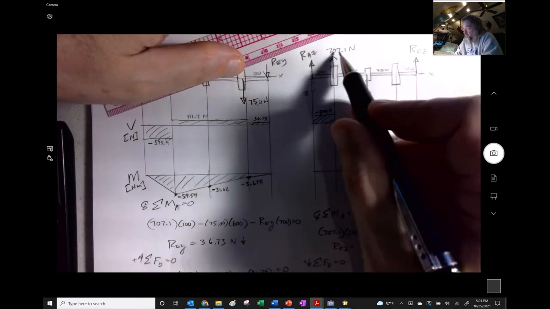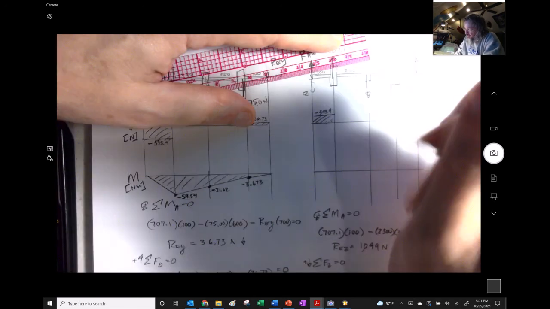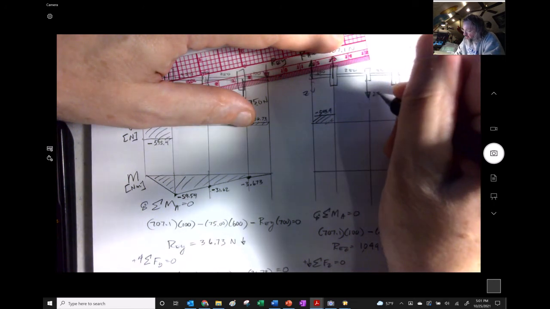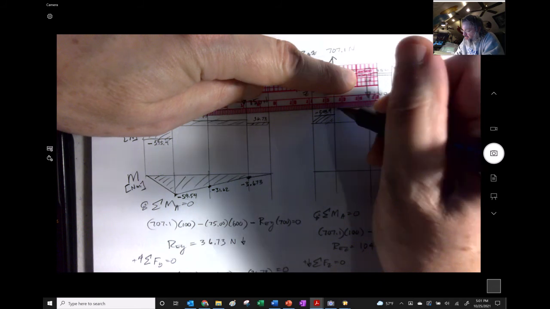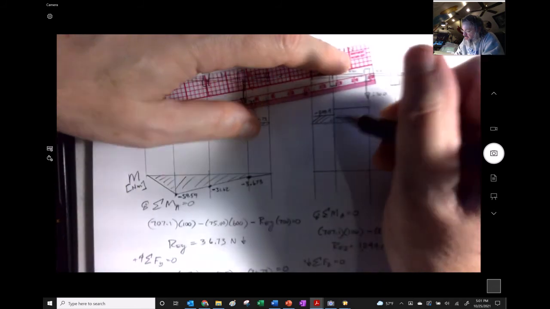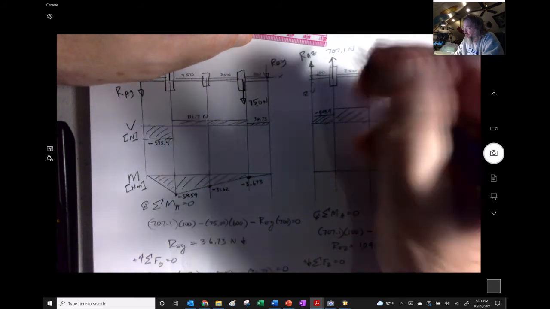And then we have an additional 707. And I want to move this guy because he's going to be in my way. 2300, right? So he comes up. So we're going to add that 707 to this right here, and I get a negative